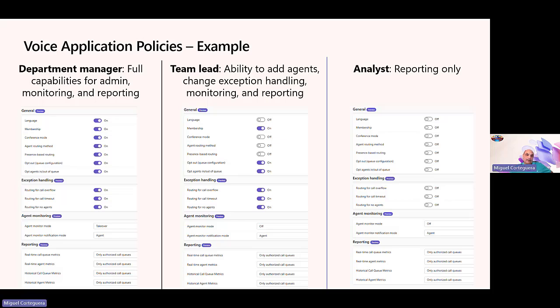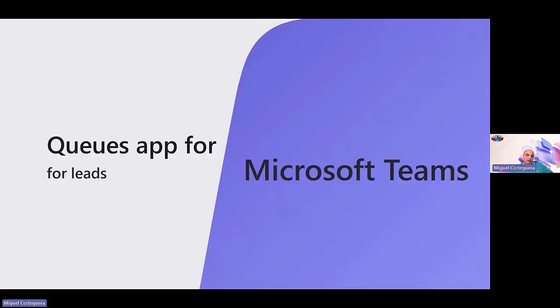So now that we've talked about configuring roles for leads and supervisors, let's take a look at what a typical lead or supervisor role might be. So what you're going to see in this video is the ability to add or remove members of a queue, configuring delegated settings. So once I've delegated those settings to a supervisor, how do they go in and do that from their team's